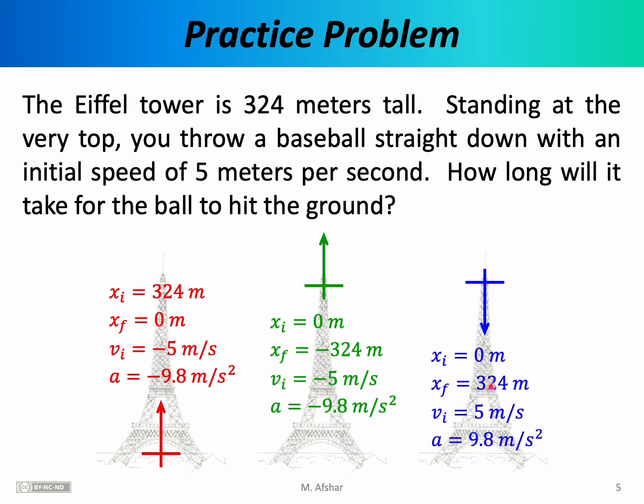If this is the coordinate system you're using, then x initial is going to be 0, makes sense. X final is going to be 324 meters away, and it will be 324 meters in the positive direction. So we're going to say x final is now positive 324. The baseball is thrown downwards, but we're calling down the positive direction, and so v initial is going to be 5 meters per second. And when we substitute acceleration into our equations, we're going to plug in plus 9.8 rather